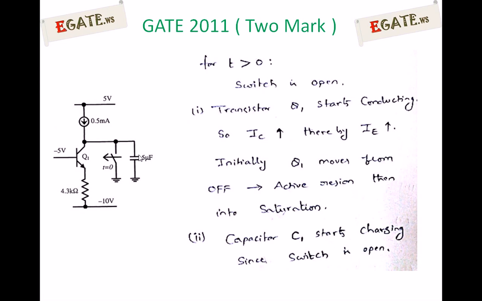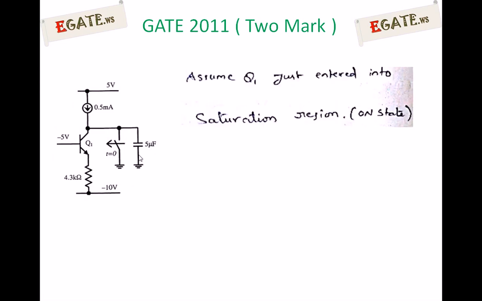So the transistor now goes from off to active, and active to saturation. Next, capacitor C1: current is also flowing through this capacitor C1, so capacitor C1 starts charging when the switch is open. These are the two things that are going to be happening when the switch is open. Now we need to calculate after how much time the Q1 transistor leaves the active region,